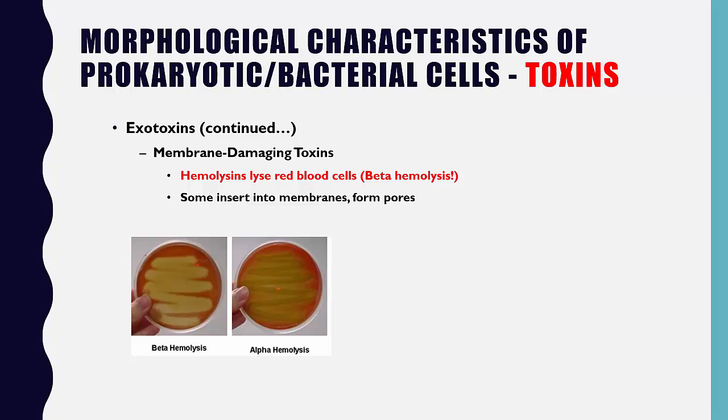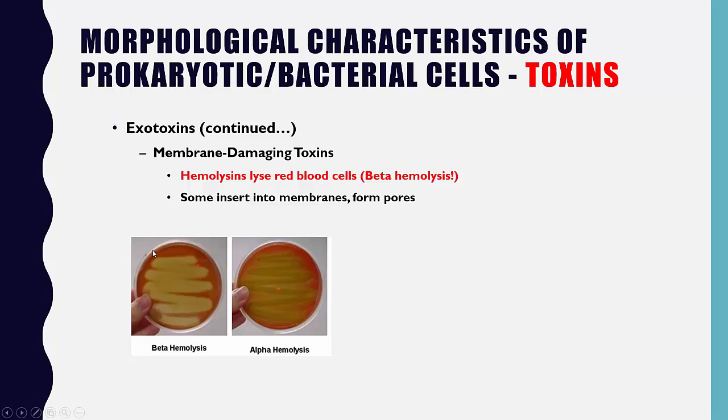How about some other exotoxins? Well, some of them are very good at damaging blood cells, white blood cells and red blood cells. If the toxin is released and it goes after and punches holes in a red blood cell, then this toxin is known as a hemolysin. Hemolysin lyses red blood cells. There are many different kinds of hemolysins. Now, if the bacteria release a hemolysin that causes the red blood cell to explode,